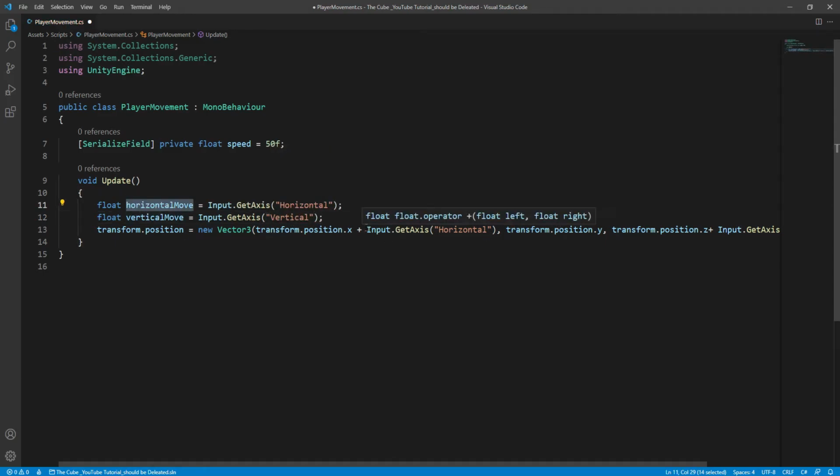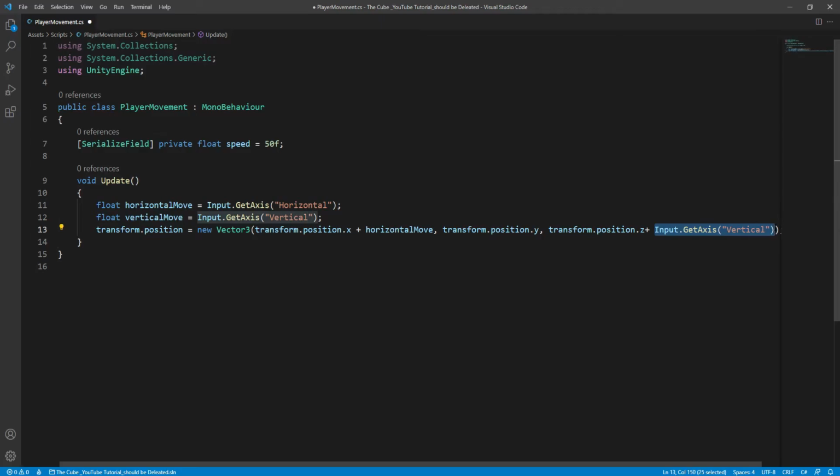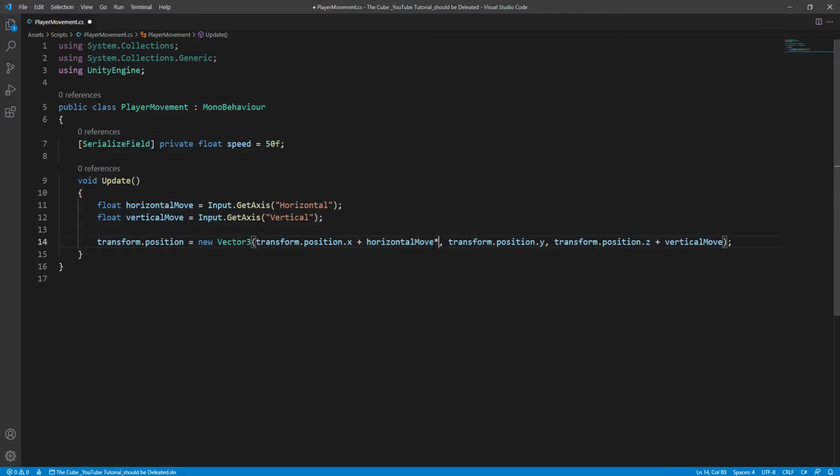Okay, and now add them here. horizontalMove with transform.position.x and verticalMove with transform.position.z, and also multiply them with speed and also with Time.deltaTime to control their speeds and make them frame rate independent.